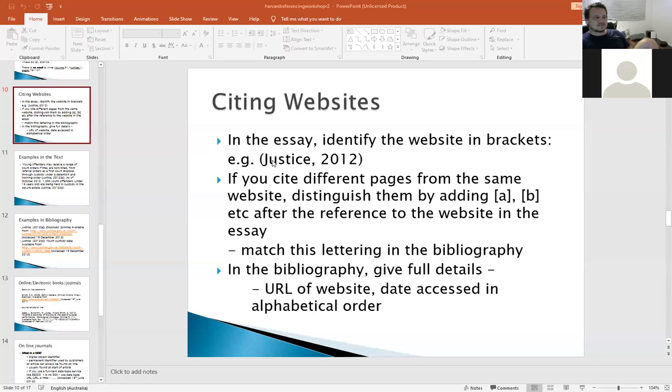Okay, so if we're citing websites, same as before, author, comma, date. Just the last name. So a lot of people will use the same website, which is from multiple sources. Perfectly okay. 2012 May.